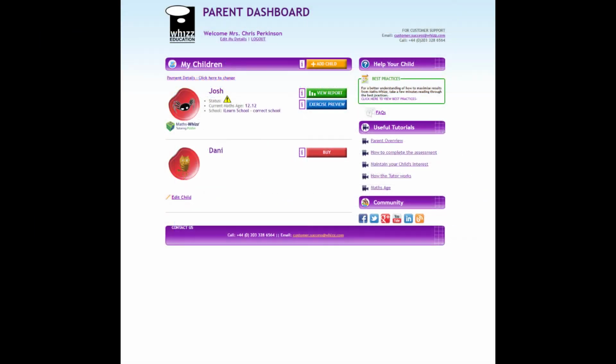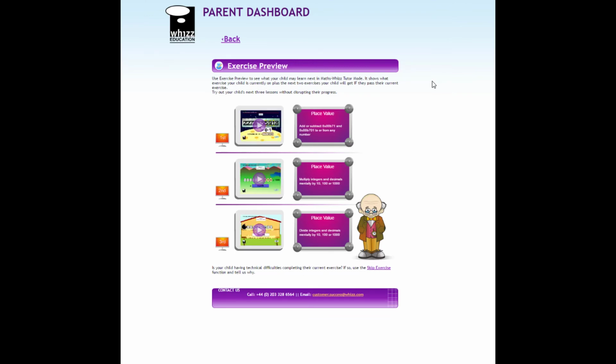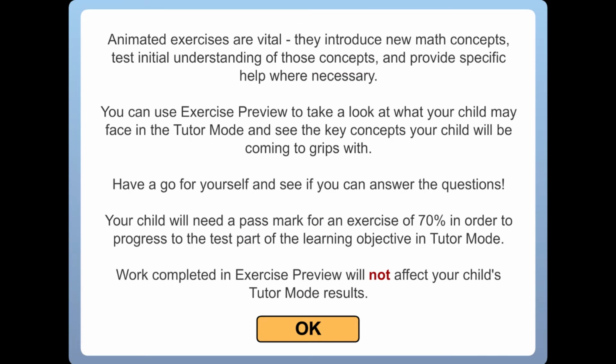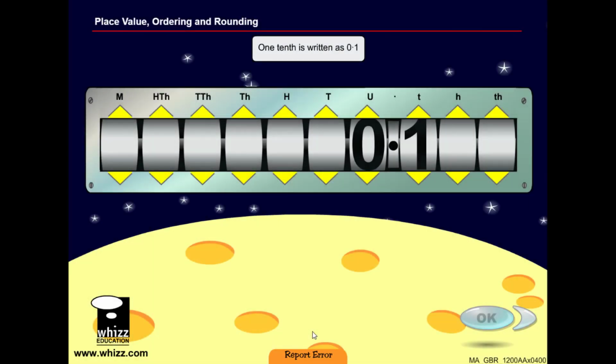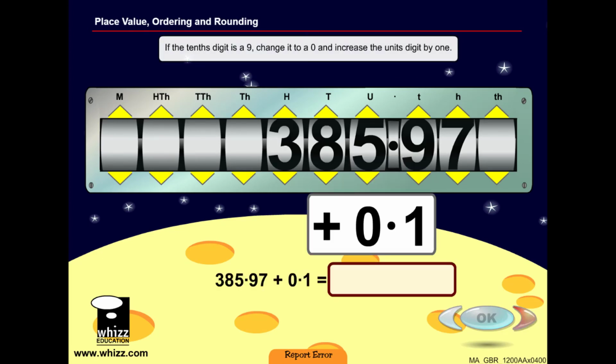process. From your parent dashboard you will also be able to access Exercise Preview, a quick look at the next 3 lessons your child will get in their tutor mode. By clicking on the computer screen, you will be able to preview the lesson with your child. Any work completed here will not affect their tutor mode results, so it's a great opportunity for you to help